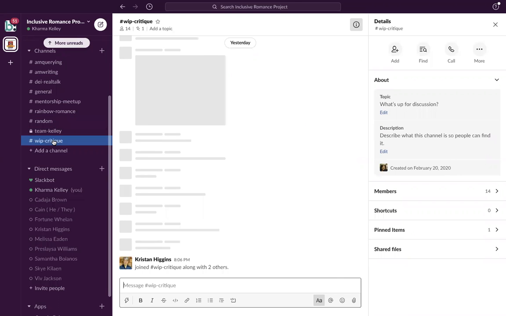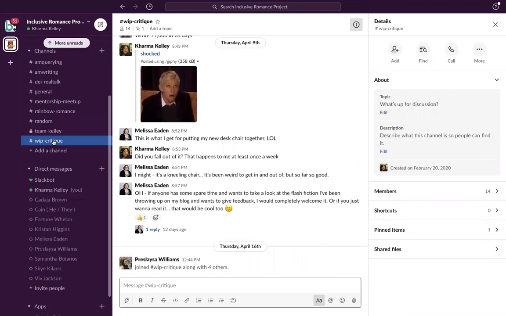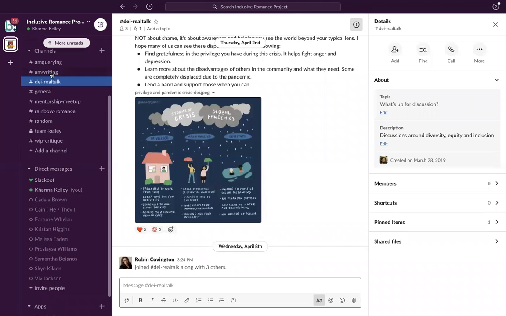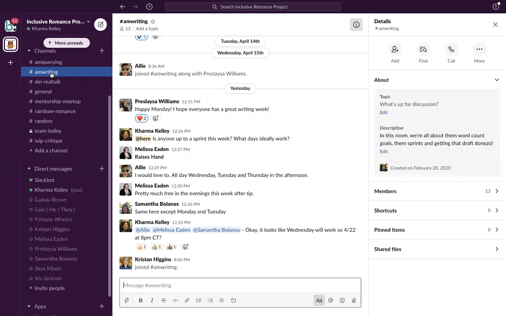We also have our work in progress critique room. This is where participants are able to come in and share their submissions, for us to ask questions, and then for us to get together, which we do once a month via Zoom for our critique. So that's the room there. We also have the DEI Real Talk room and the writing room, which is for folks who want to pair up and talk about their word count goals and do sprints.